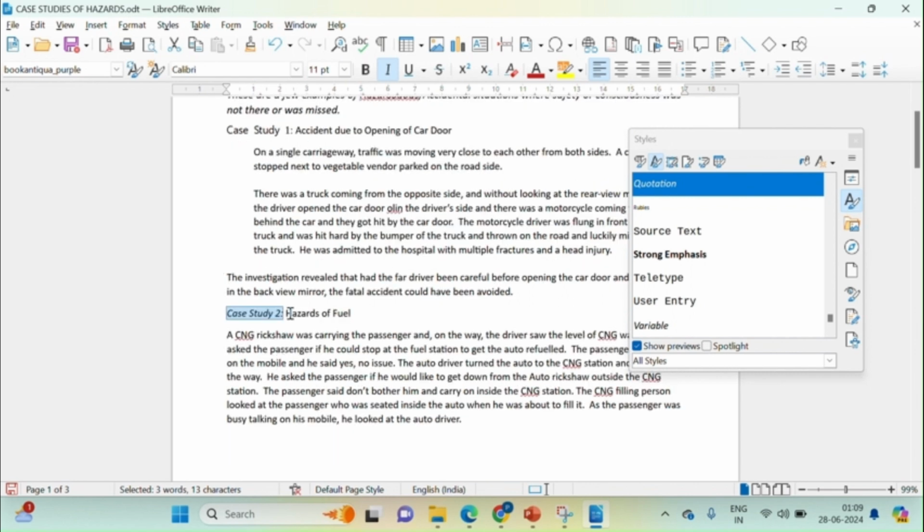Similarly, hazards of fuel. Again I'm selecting another text and applying another character style on the same. Suppose main index entry, and I apply. So these all are the different types of character styles that I can apply on a particular character, maybe, or on a word, or maybe on a complete sentence as per the requirement.